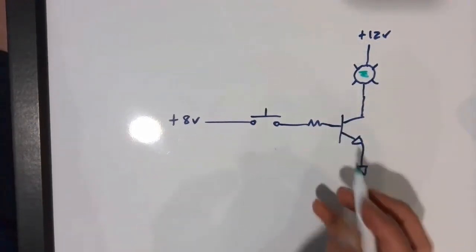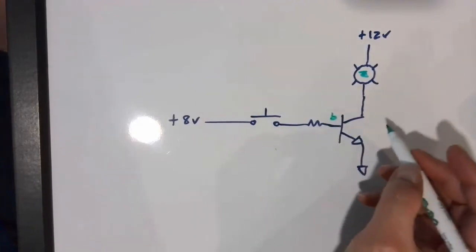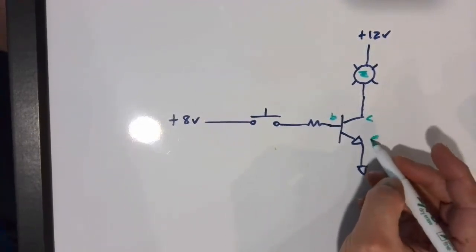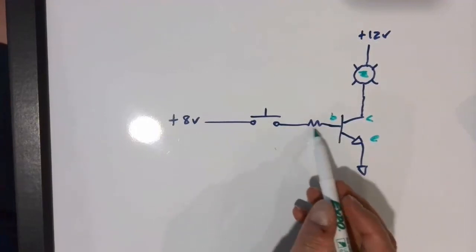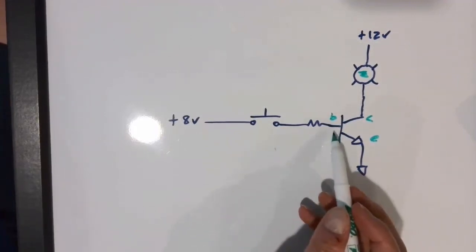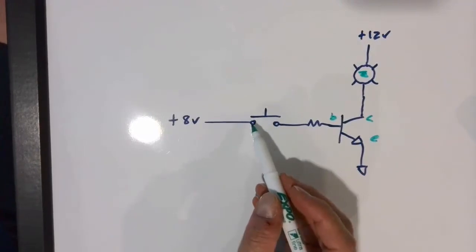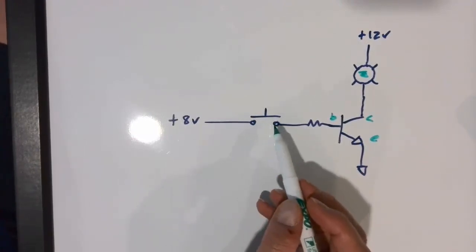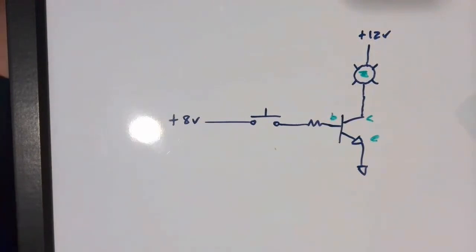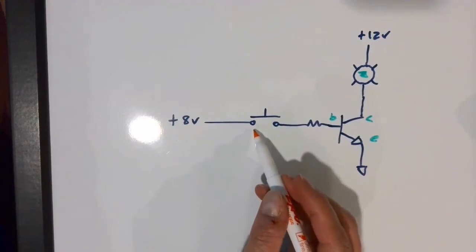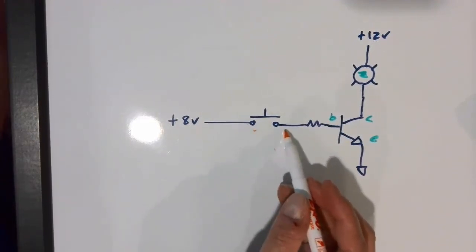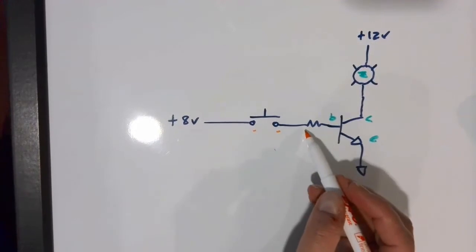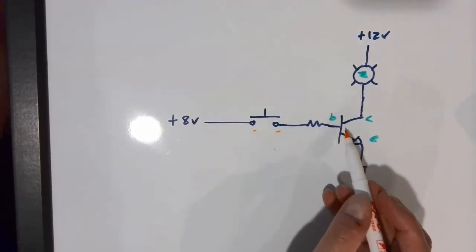This is the transistor, and the terminals are the base, the collector, and the emitter. And then we have a resistor on the input going into the base, which limits the current, a switch that is basically turning the circuit on and off. So let's take a look at this and do a little bit of analysis with it. If the switch is open, we would not expect any current to be flowing between these 2 points here, which would mean we'd have no current flowing into the resistor